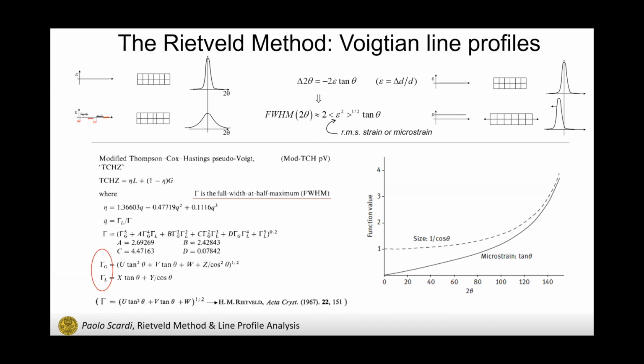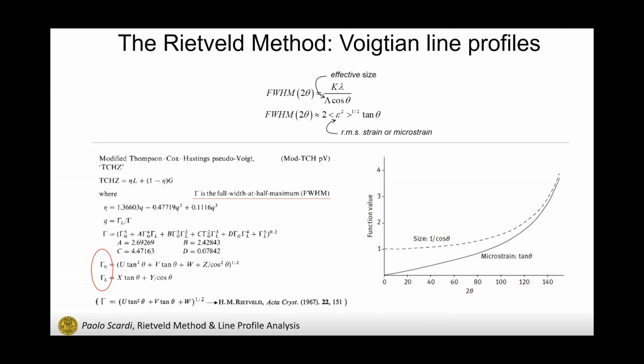And based on these simple expressions that you can even think of combining together, and this is the basis of the so-called Williamson-Hall method, it is very common in Rietveld refinement software, including TOPAS, that they have routines to provide an estimate of the size and microstrain. However,